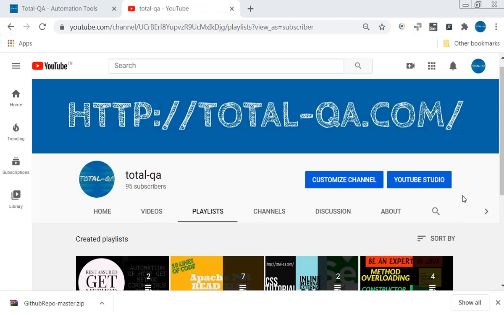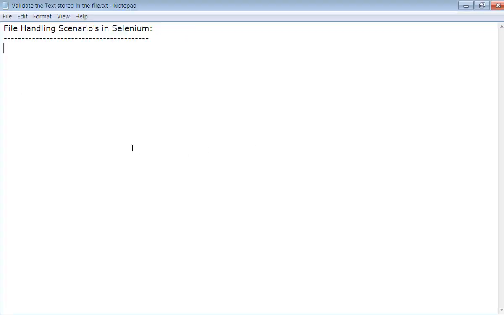In today's topic, we are going to discuss how we handle files scenarios in Selenium. As part of this scenario, we are going to write some steps and automate those steps in a program as well, to understand this logic very well. The first point: suppose there are some scenarios in a website where there is a text that is getting displayed. So first, we need to focus on a website where there is a text that is getting displayed for us to automate the scenario.